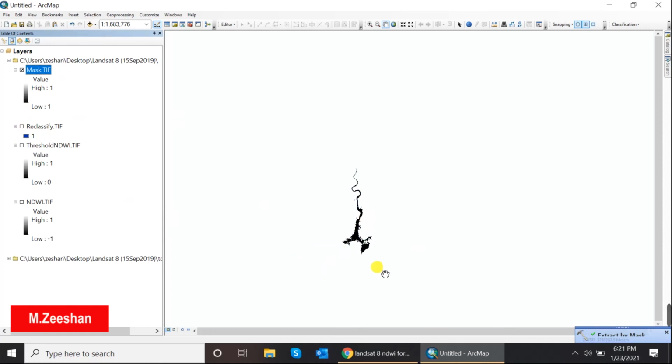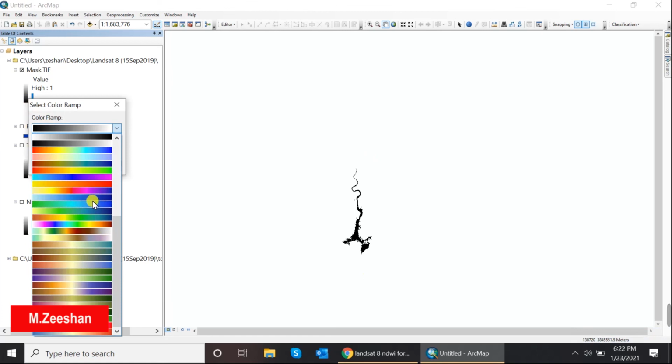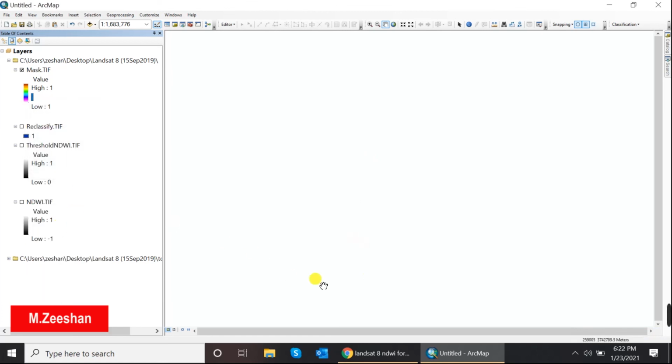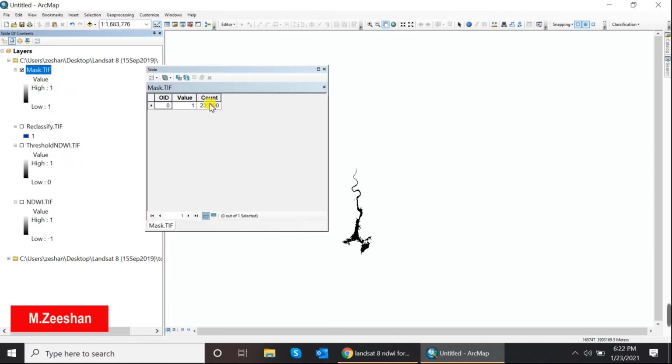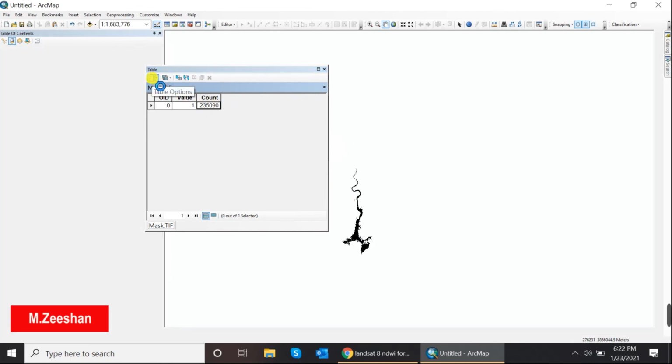So friends, you can clearly see the area of the Tarbela reservoir showing the water pixels. Okay, now we will calculate the area and number of counts. These are the number of counts, water counts of the Tarbela reservoir. Now we will calculate the area. For calculating the area, okay,